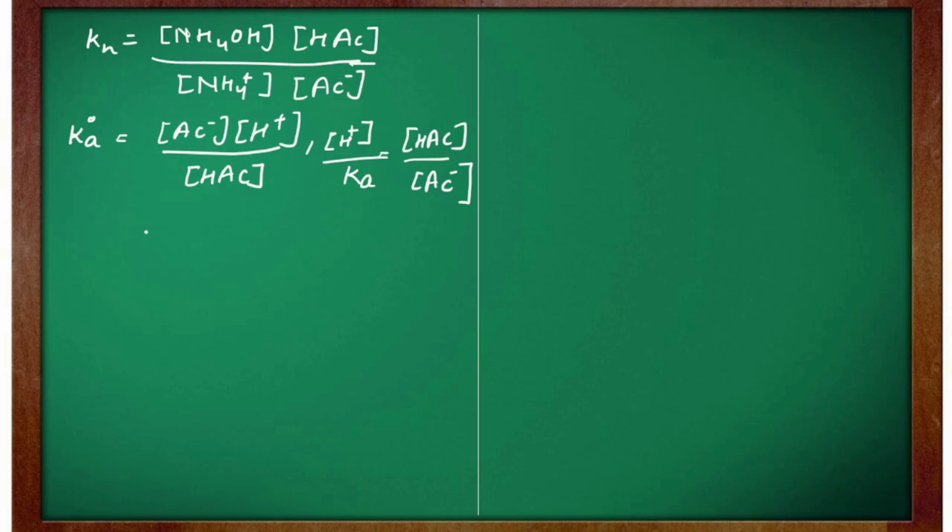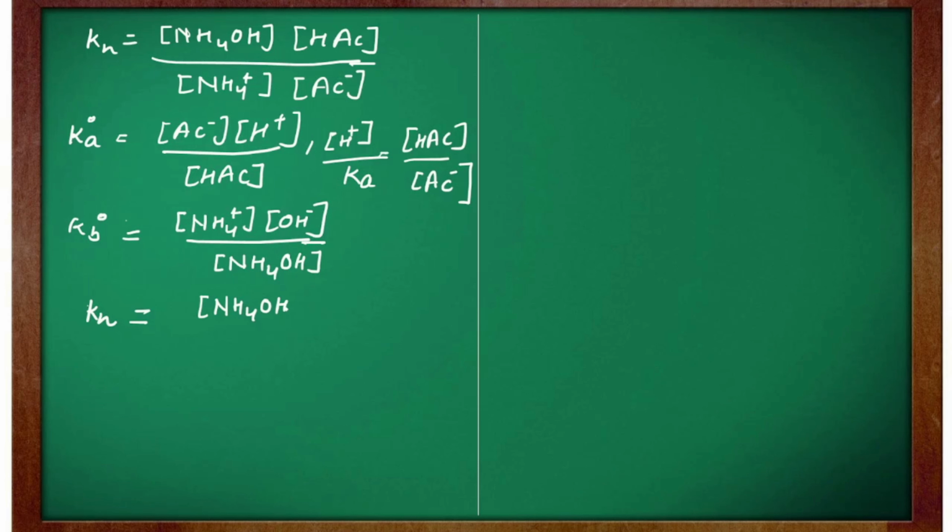By putting the value of ratio of acetic acid divided by acetate ion in Kh equation, Kh is equal to ratio of concentration of ammonium hydroxide and hydrogen ion divided by ammonium ion into dissociation constant